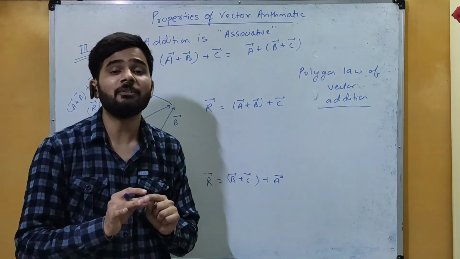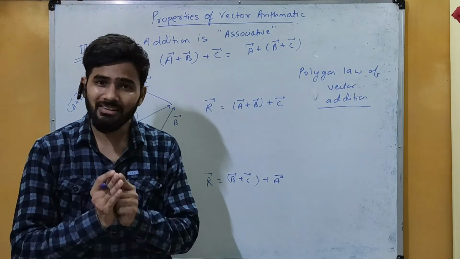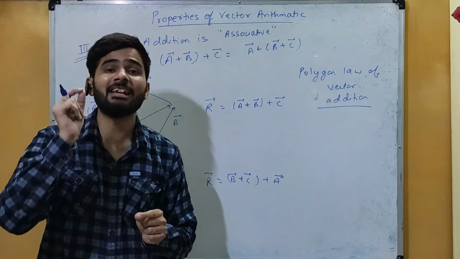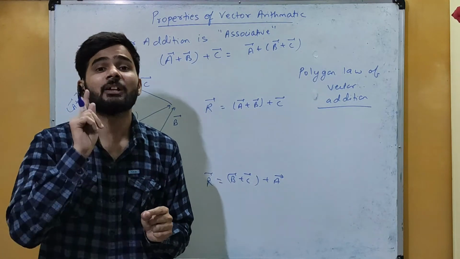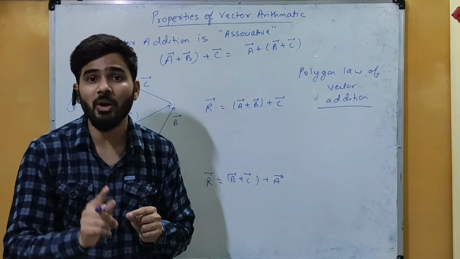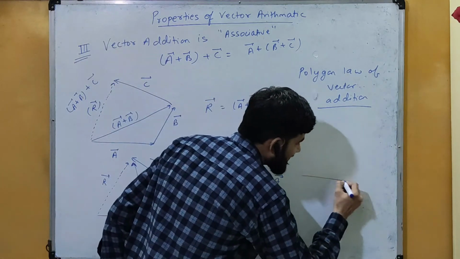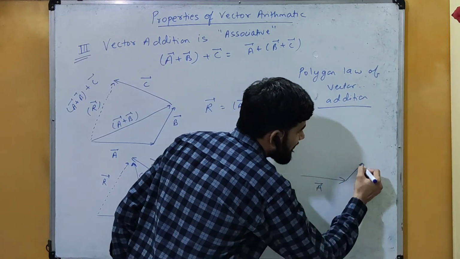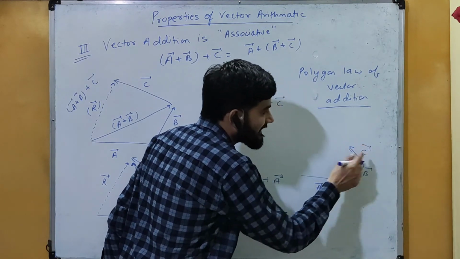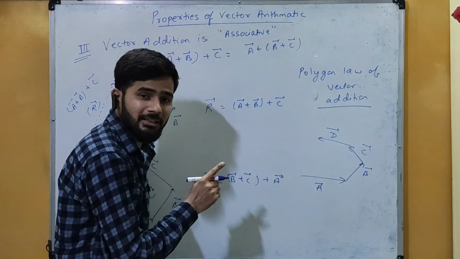So in the same way, if we have a polygon and all the sides of the polygon are vectors having magnitude and direction, and all the vectors are in the same order, so in that case the final or the last side of that polygon will be the resultant one if that is taken in the opposite order. कैसे, अगर हमारे पास ये एक वेक्टर है, this is vector A, we have another vector, these both are in the same order, हमारे पास एक और वेक्टर है वेक्टर C, उसका ऑर्डर भी सेम है, we have another vector D, उसका ऑर्डर भी सेम है.